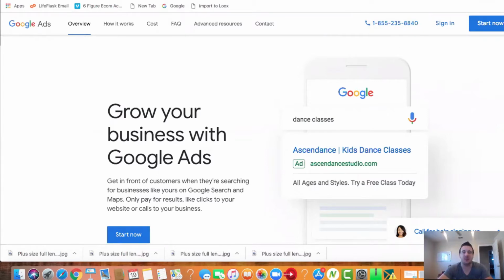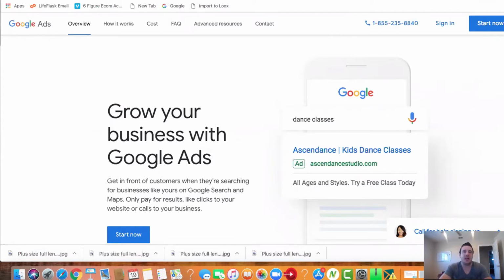We have gone through the foundation, right? We've gone through creating products. We've gone through how to add those products to your merchant feed. We've gone through how to set everything up. So what we're going to do now is go through how to set up the ads, how to go into Google and set up a Google Shopping ad so that when someone's going to Google and they're typing in something